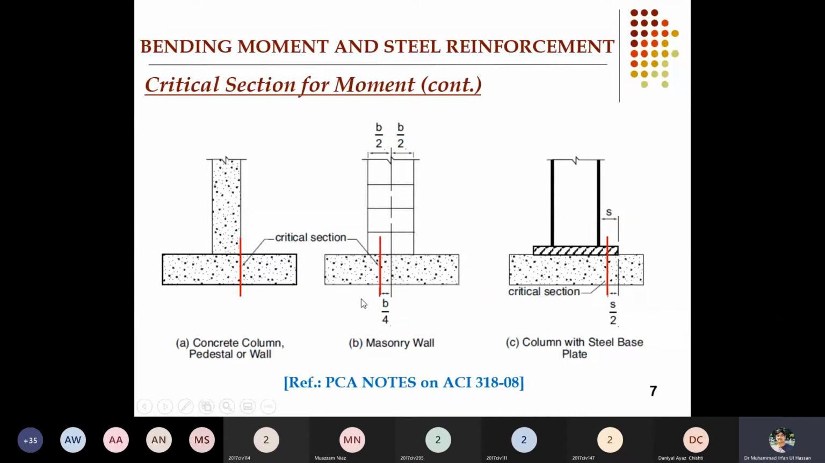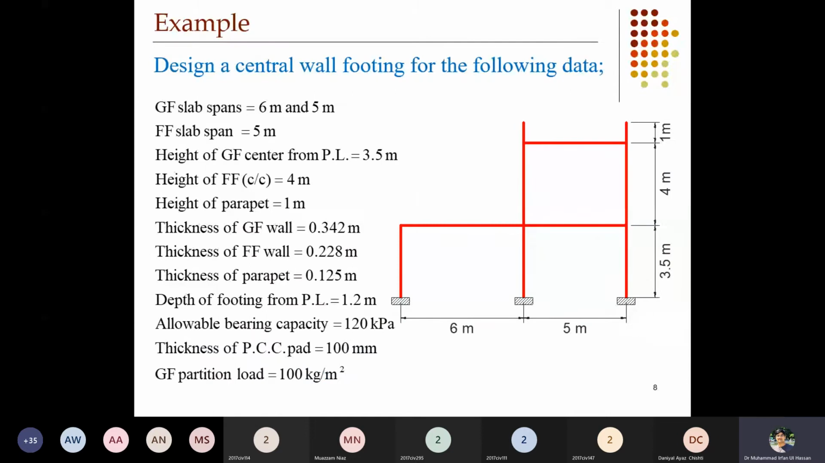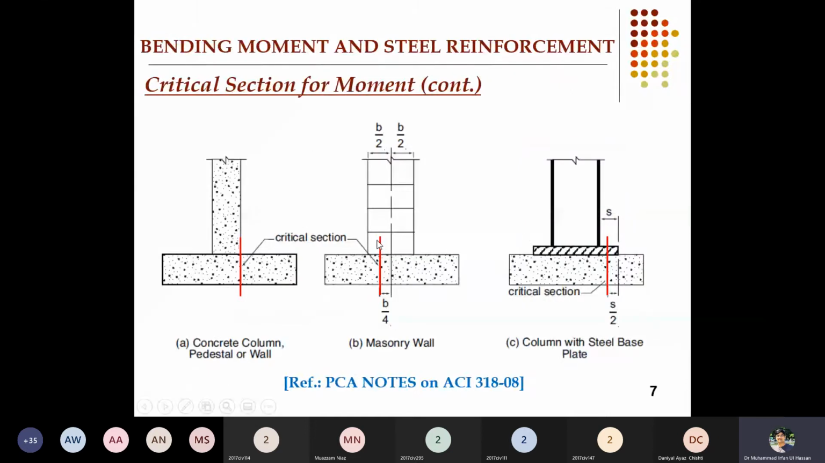So you have to compute the bending moment at this point, at this red line shown. Until here you will take the load and compute the bending moment. Let's say this is the length L from this point to the free edge. This is the total length L that is used for computing the bending moment, and bending moment will be